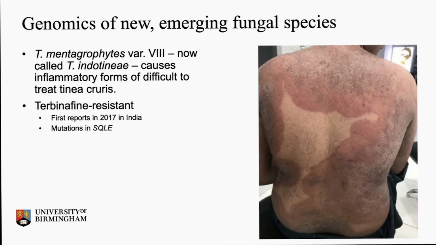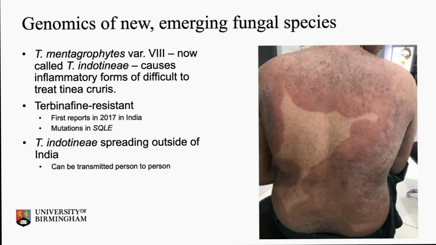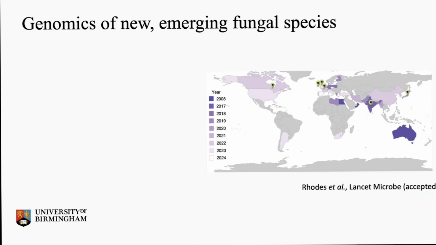It's terbinafine resistant. The first reports of this were in 2017 in India, and the resistance is due to mutations in the SQLE gene, which is another ERG gene involved in ergosterol biosynthesis. And this is spreading outside of India. It can be transmitted person to person, and there have been reports of it being a sexually transmitted fungal infection as well. So we've looked at sampling across the Northern Hemisphere